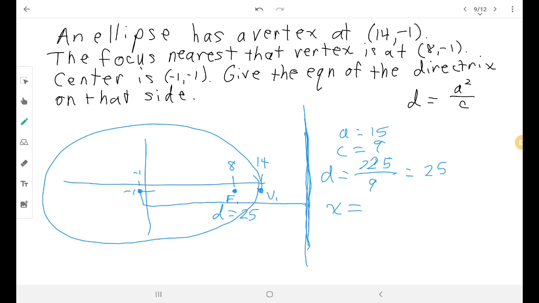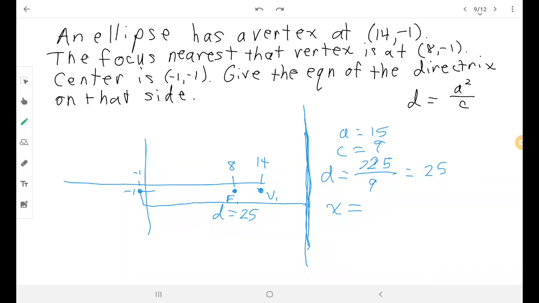The major vertex is in the x direction, however you want to think of it. So the directrix will be up and down, that is vertical, and those equations are x equals equations. And so the distance is a distance of 25,